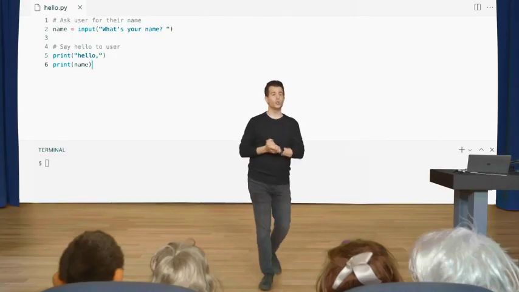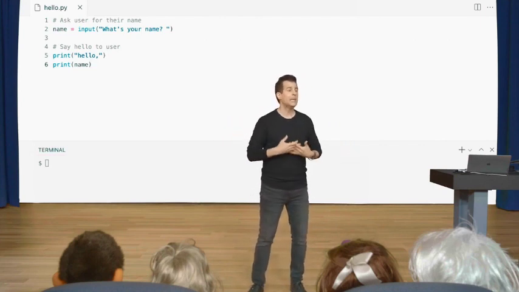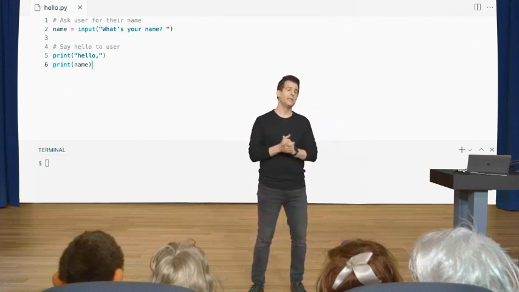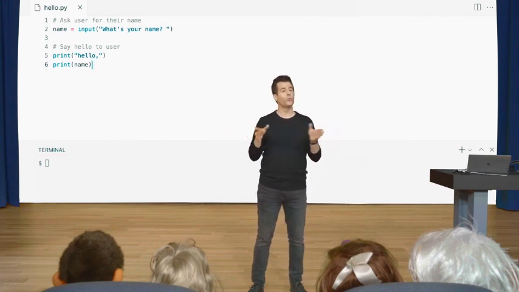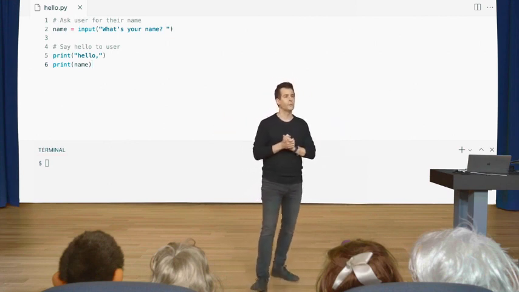Yeah, really good question. So according to its documentation, and we'll look more at formal documentation soon, input is going to expect what's called a string. That is a sequence of text, be it in English or any other human language. But it's indeed going to be expecting text with which to prompt the user. A good question. How about another question from the group, if we could?